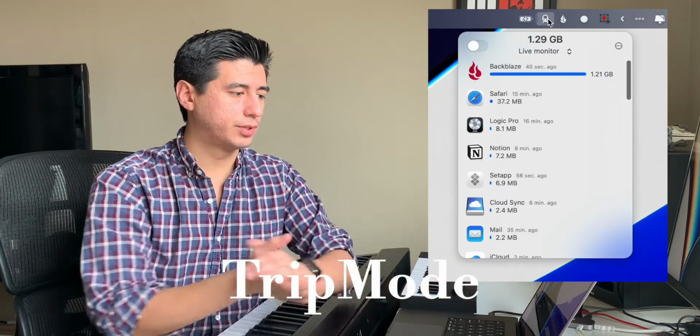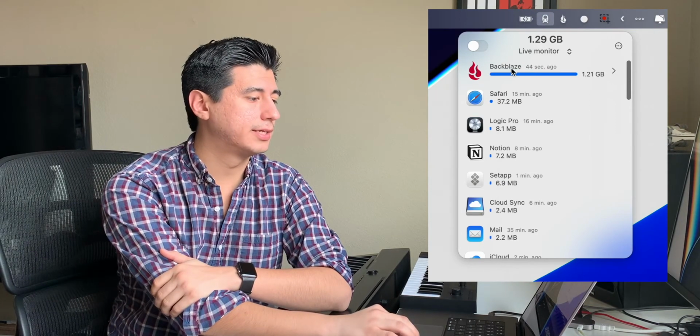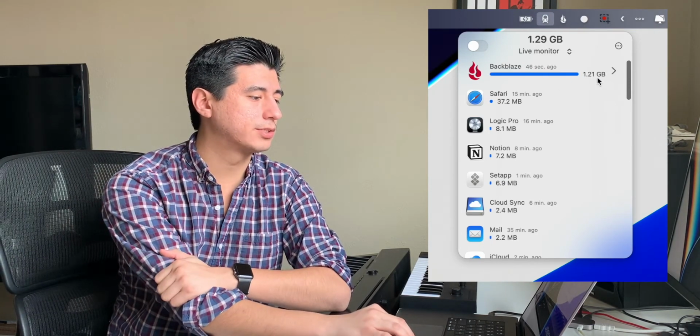The next utility app that I use is TripMode. TripMode keeps track of all of your internet traffic. For example, looks like Backblaze was just working about 45 seconds ago. And say you're tethered to your phone as a mobile hotspot. You probably don't want your Mac